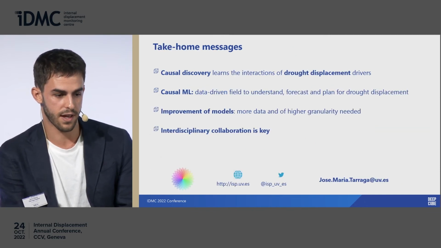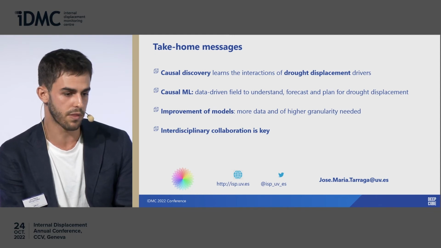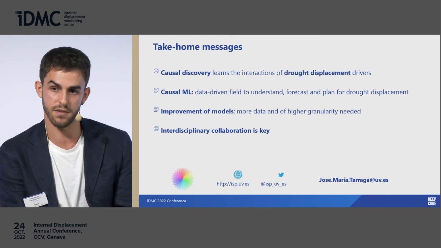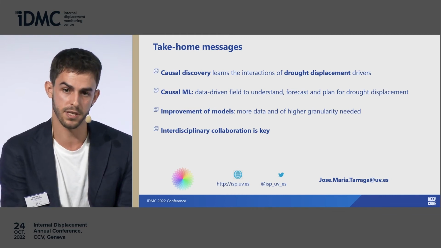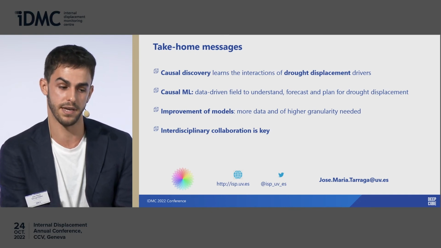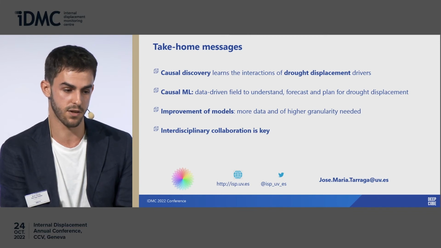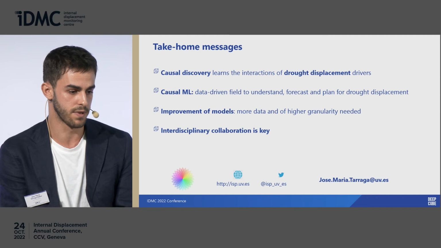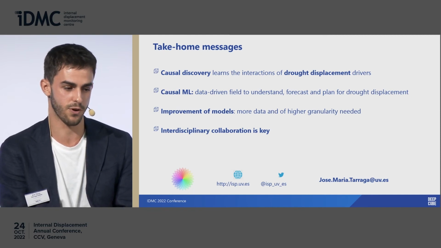So to conclude, we have applied causal discovery algorithms to learn the interaction of drought displacement drivers. We have learned these complex relationships. And what we propose is that causal machine learning can bring a lot of opportunities for the displacement field to understand and plan for displacement. However, we need to improve these models. You can include as much data as you want in these kinds of approaches, but if you want to address specific systems or if higher granularity is needed, we also need methodological advances and data improvements of more quality. After all, what is also very important is to have interdisciplinary collaboration between different actors of the field,